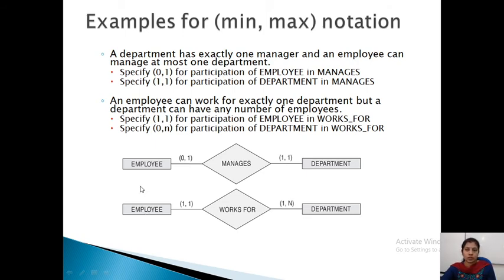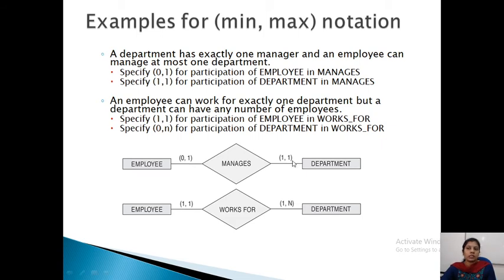So what is the min-max notation? So entities are employee and department. Now here whether every employee can manage the department? No, right? Partial it is. So what happens in that case? 0 or more. But what is the maximum? Employee can manage only one department. That's why minimum is 0, he may not manage, or if he manages, then maximum is 1. So 0 to 1, 0 comma 1.